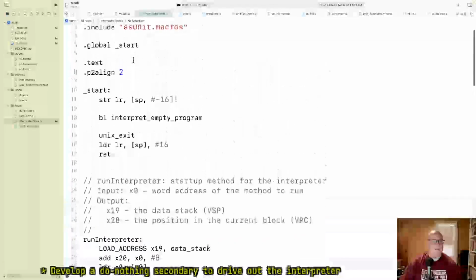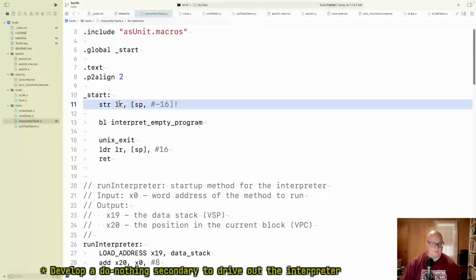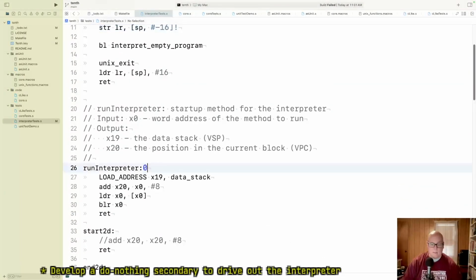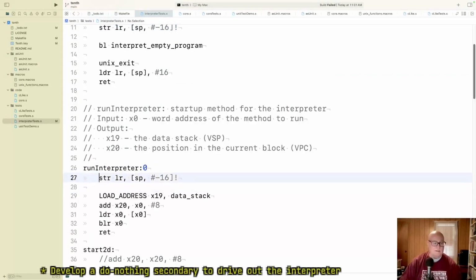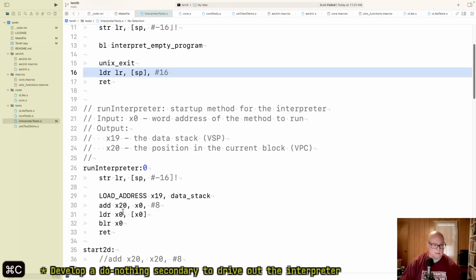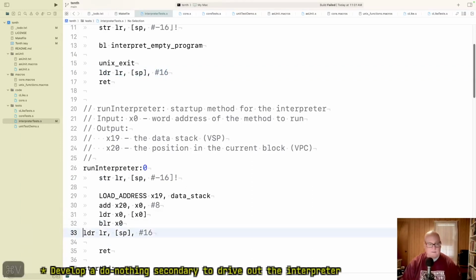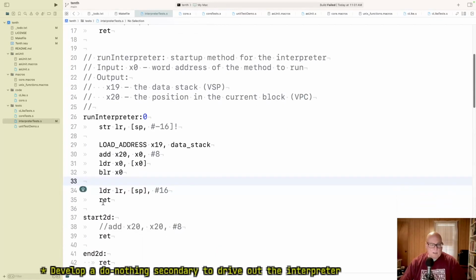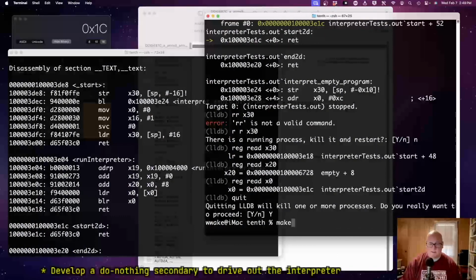All right, so our obligation, we have to do this on the beginning because we call other methods, and this on the end. Okay, I don't mind that space. Okay. So now when we get back here, the LR is pointing down here, but we're going to load up the new one that says go back to the test and call. Okay, so now I don't know if the test will pass because I mucked around with it, but